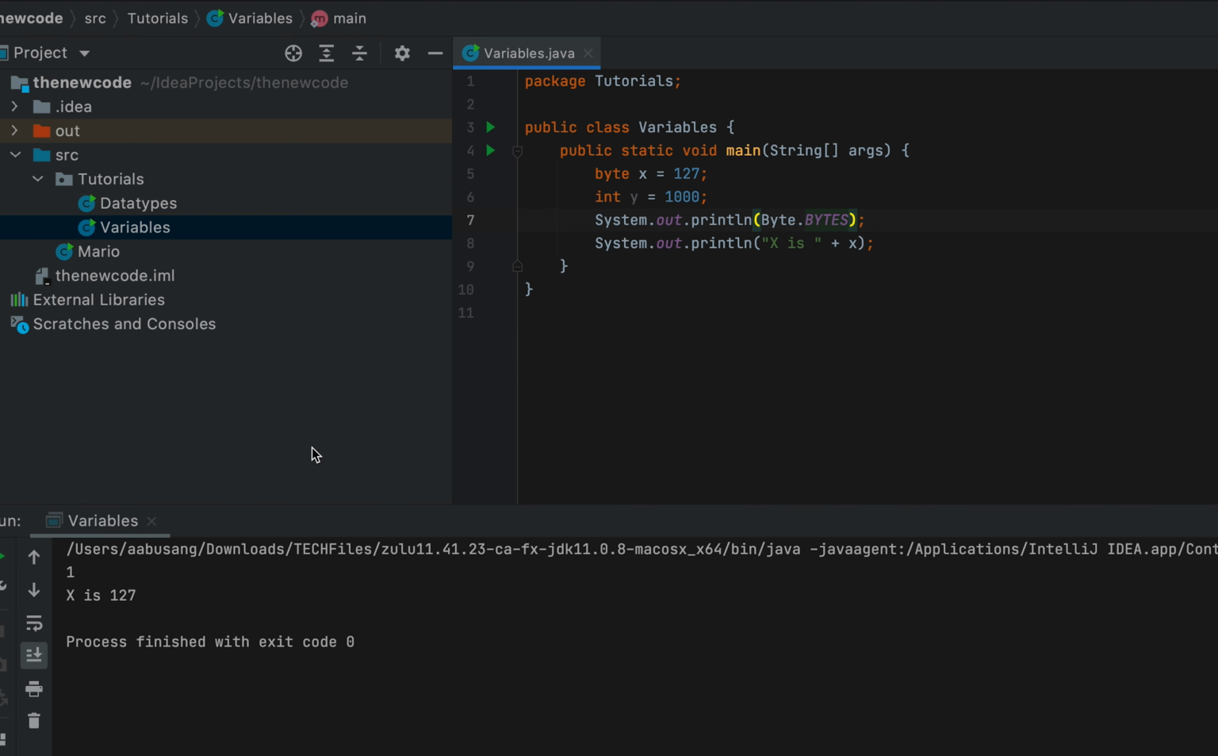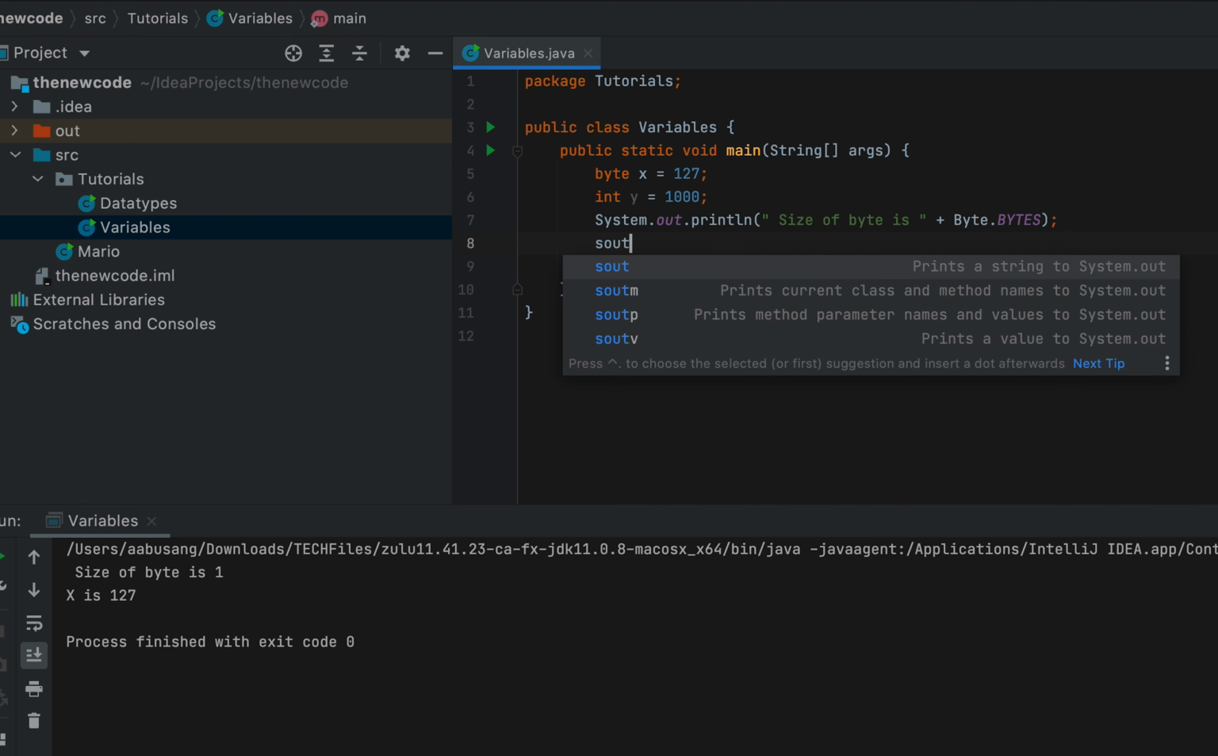And you can see the size of byte is 1. It will give you the size of byte. Let me add a string here, "size of byte". Yeah, and then if you run it, oh man, I need to give it a space here. Space is space. Size of byte is 1. And the same way, if you want an int, you can do sysout,